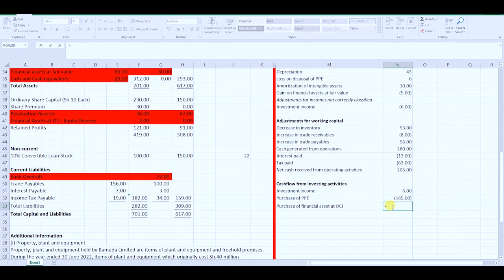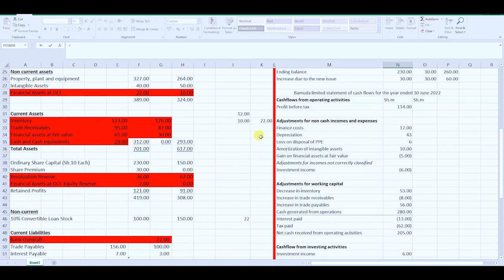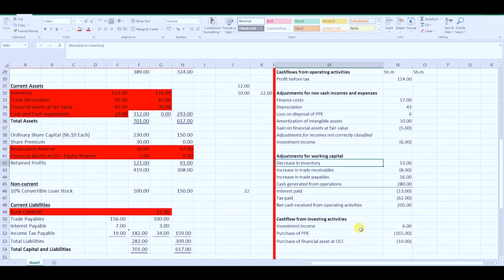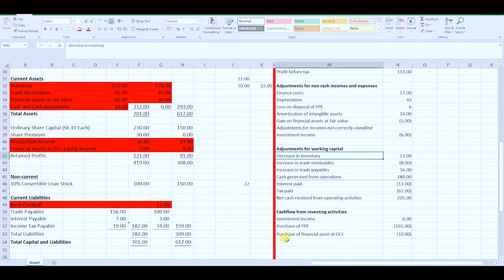So minus 10, because I've already explained it. So just put minus 10 there. Once we've understood the purchase of financial asset, we can proceed on to identify the proceeds